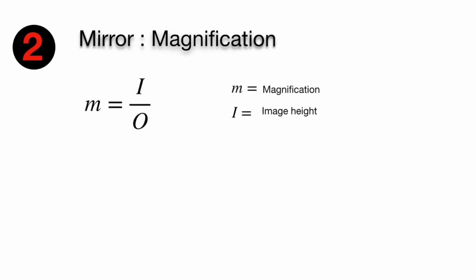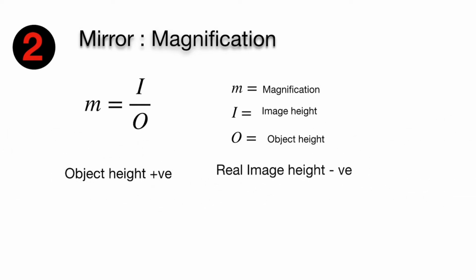So formula number 2 is for mirror magnification. Magnification m is equal to I upon O, where m is magnification, I is image height, and O is object height. So object height is generally positive because the object is generally kept above the principal axis. The image height, depending on its orientation, is negative if it is below the principal axis,